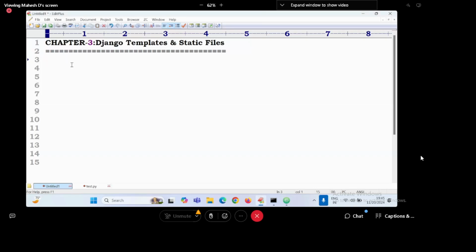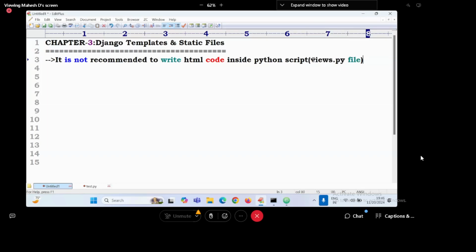First, it is not recommended to write HTML code inside a Python script, that is the views.py file, because